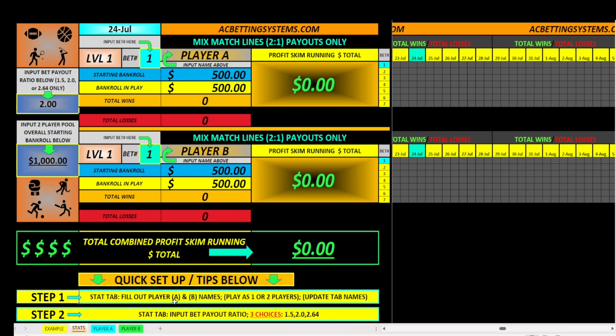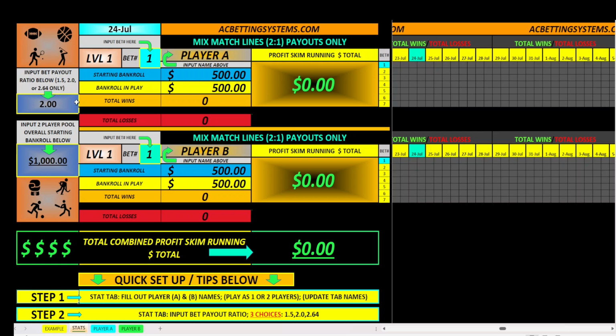Fill out player A and B. This can be played as one or two players, so just type in your name or names in these two boxes here. You can also rename and update the two player tabs down here. Step number 2, input bet payout ratio. You will only have 3 choices to target: 1.5-to-1, 2-to-1, and your third choice will be